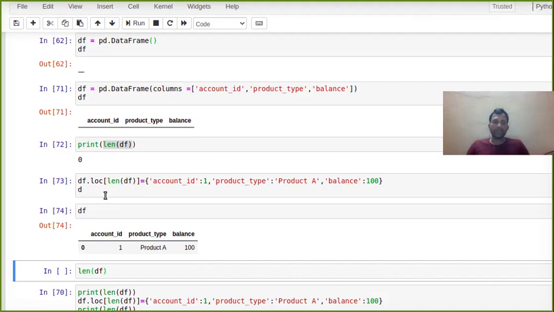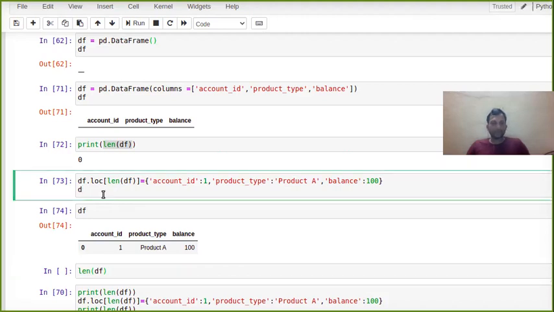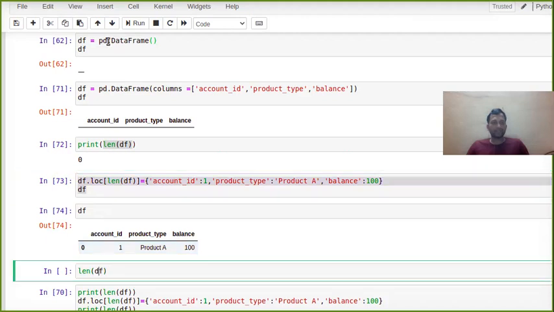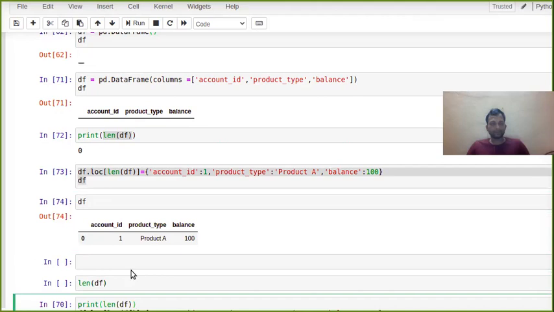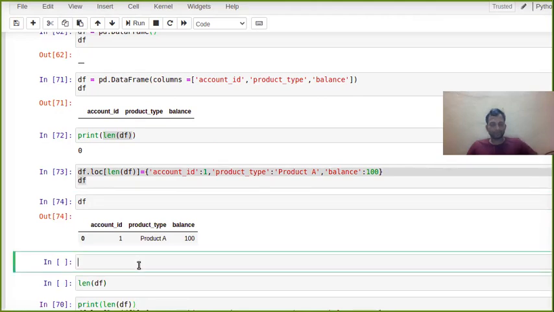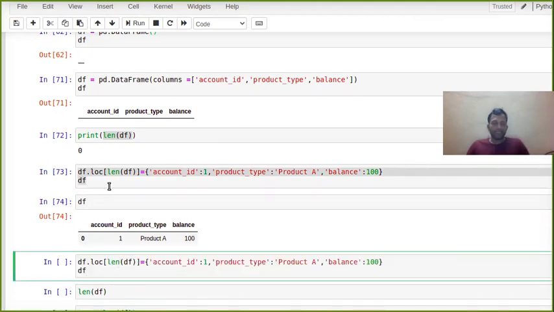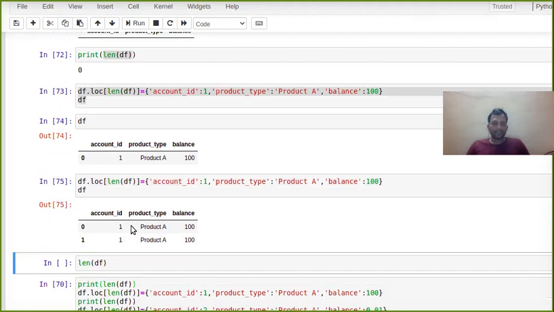If you're going to create again, you can do the same way. Since the length is already 1, it will be at the 1st position, and it added the same thing.